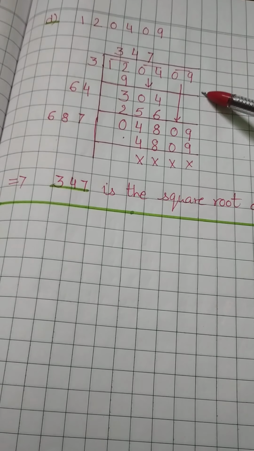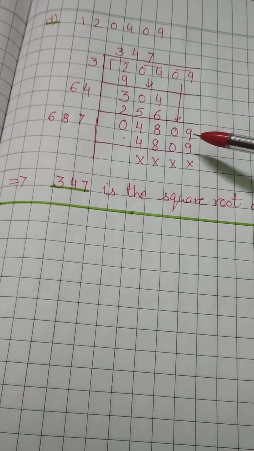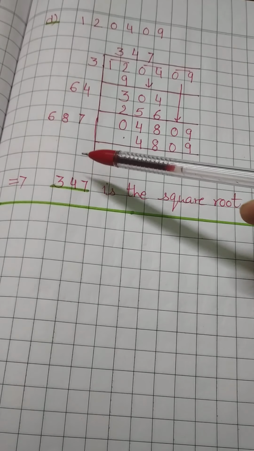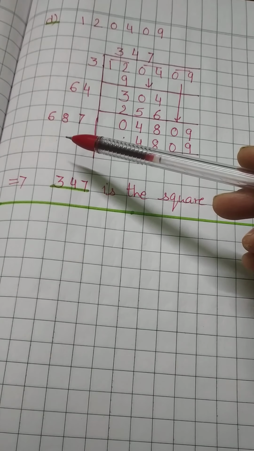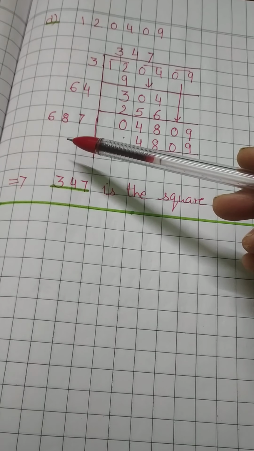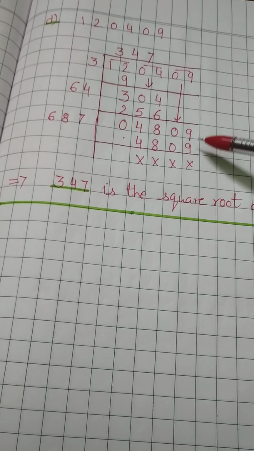Subtract and take down this 0 9. Here we will add 4 plus 4. It will become 68. Then 7. 9 is clear, that 7 7s are 49. If you are in practice of square roots, 7 7s are 49, 7 8s are 56, 56 and 4, that is 60, 6 carry, and here 7 6s are 42, 42 plus 6, 48. So the number coming is 4809.